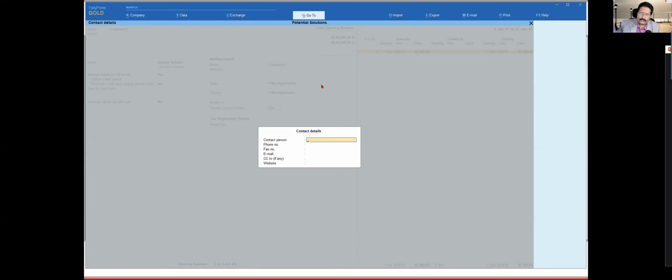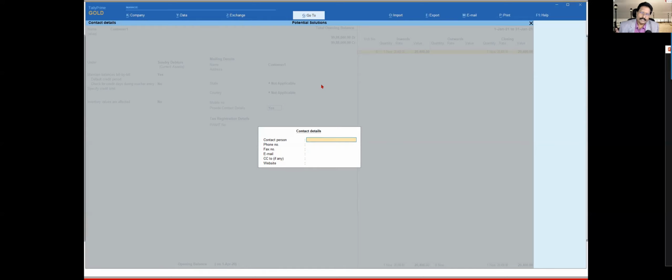So we saw that on the right hand side there is a button called contact information. Click on that. Whatever information that you are capturing here is what will get displayed in that particular screen. So for you to get that information, you will enable provide contact details in F12 configuration.